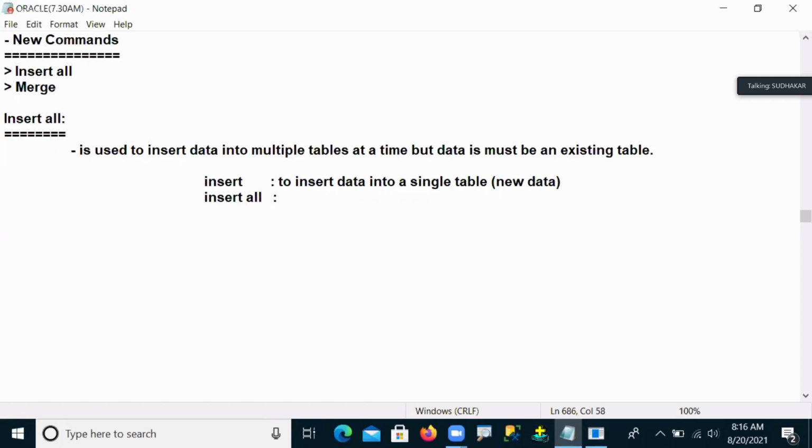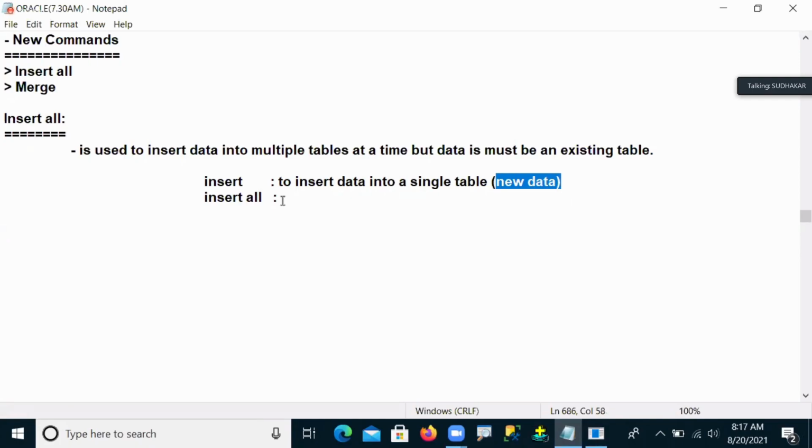Row-wise, newly inserted data as you wish.